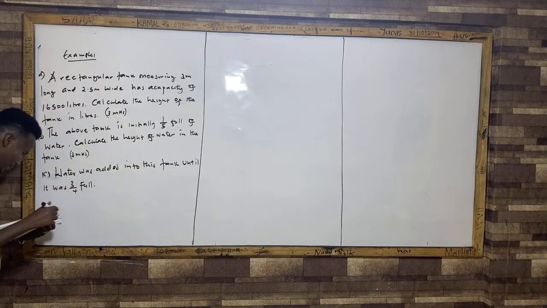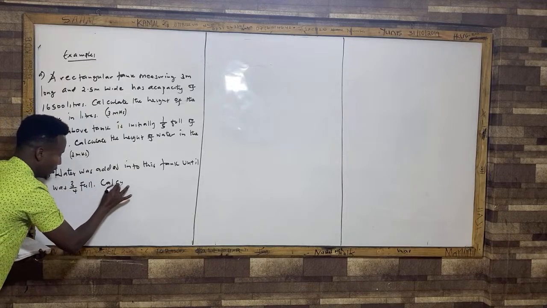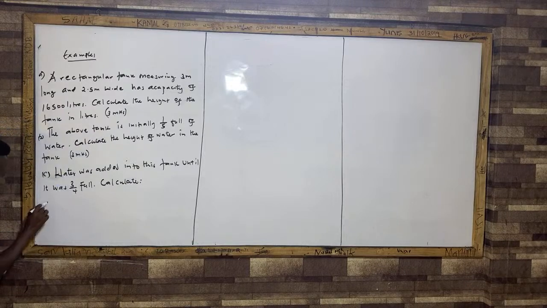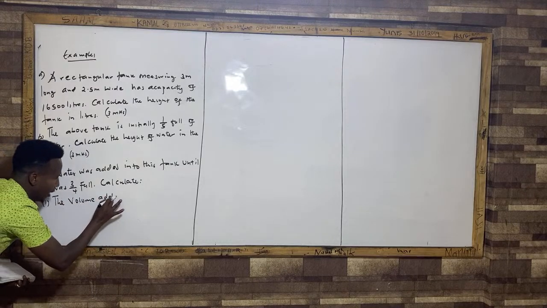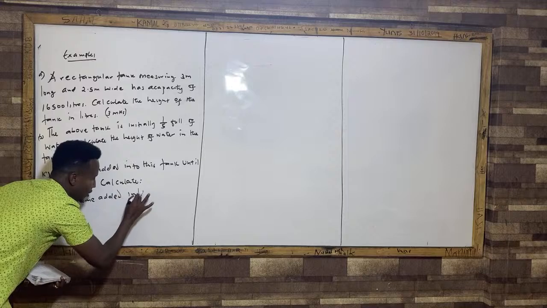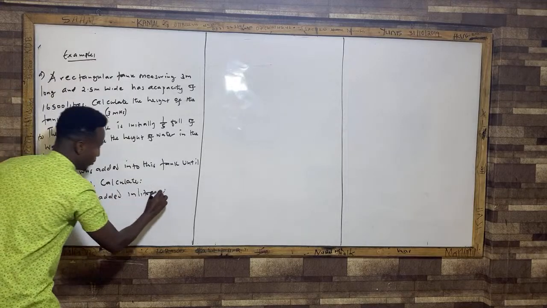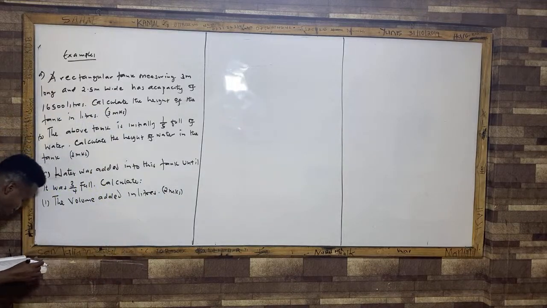Then calculate, from 1, the volume of water added in liters. This is carrying 2 marks. Then part 2, you're told: